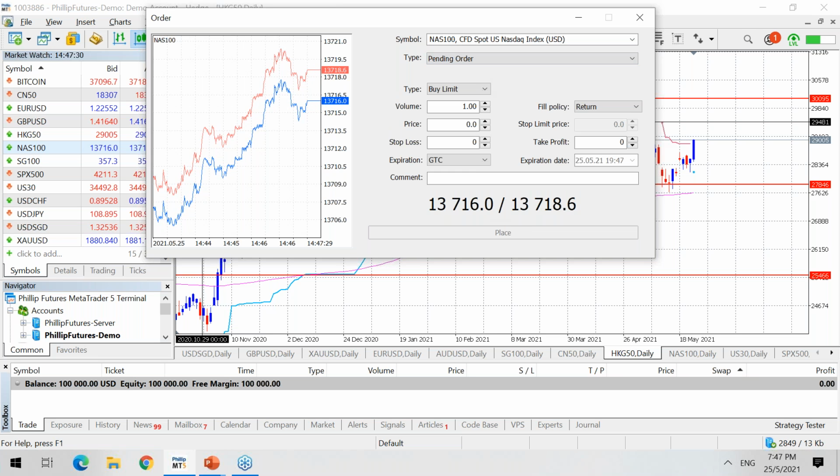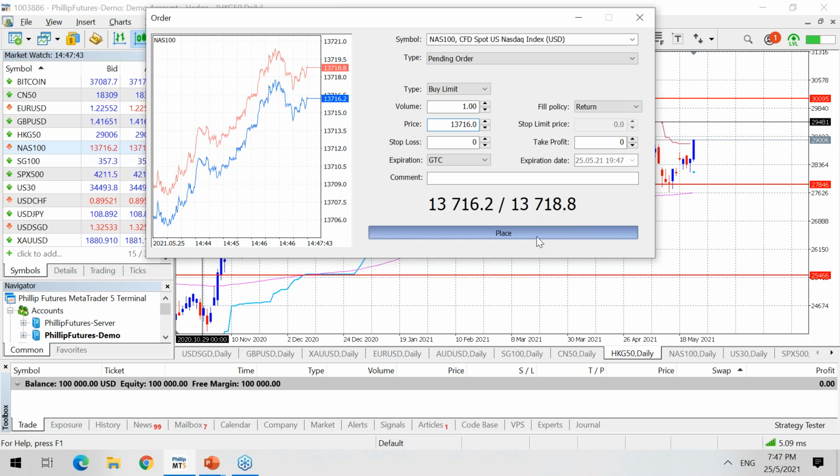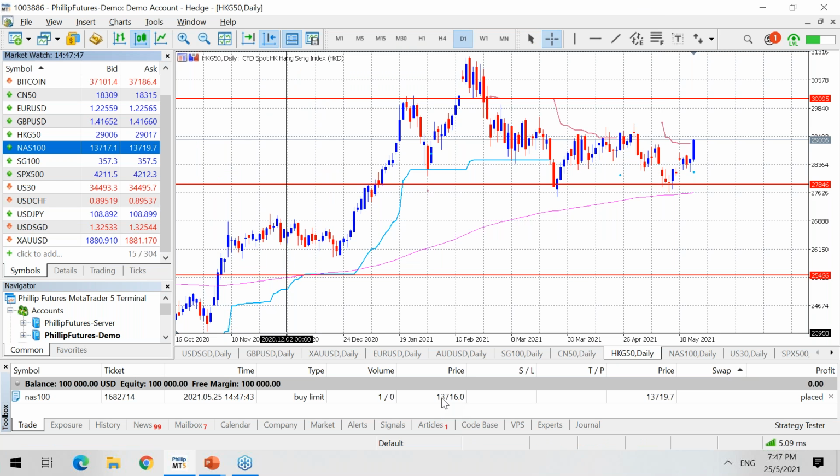In this case, you can queue for the price you want using a buy limit order. For example, the market is doing 13718. You can queue for it at 13716 maybe. Right now it's at 17. I'll place it. Once you've done that, you can see the prices are shown over here. 13716 is the price you're queuing at, and the market price is working towards that. Once the price over here actually comes down to 716, the order will be done.